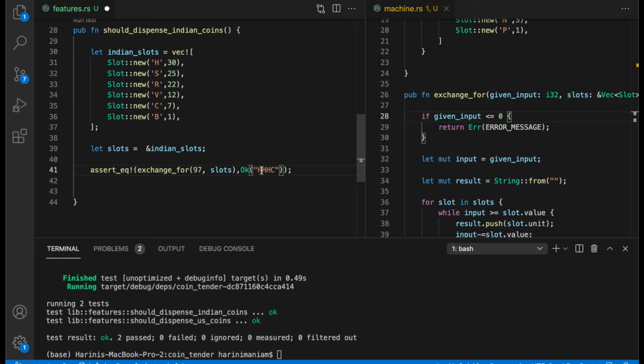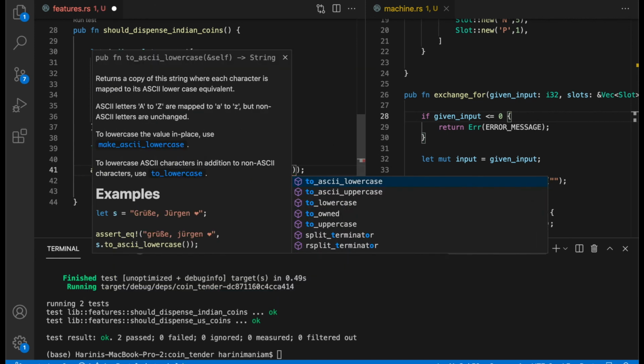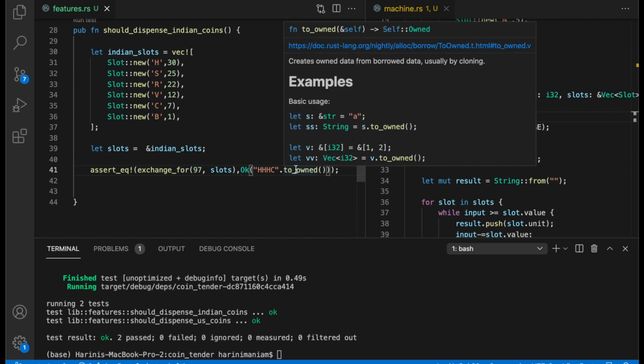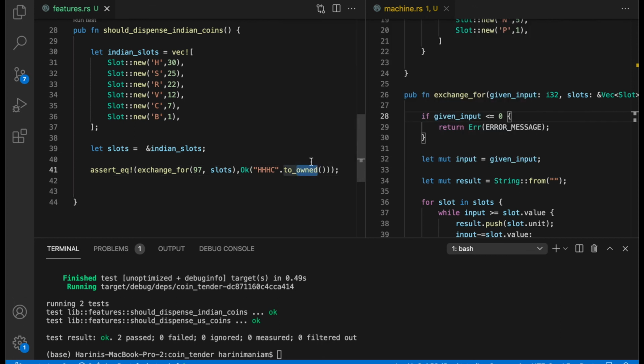Rather, this is a string. So how to make this into a string? One thing we can do is put this as to_owned, for example, and this will make this the result HH, as it is equivalent of to_string also. We can do that in several ways. So if we do the assertion now,